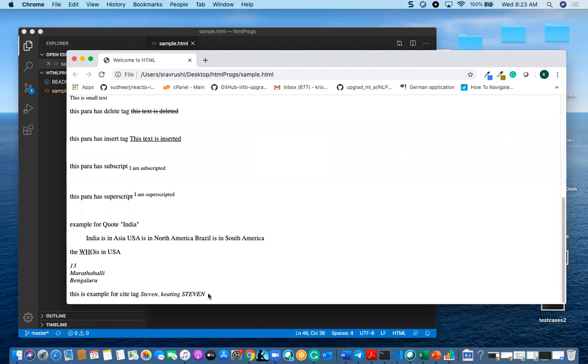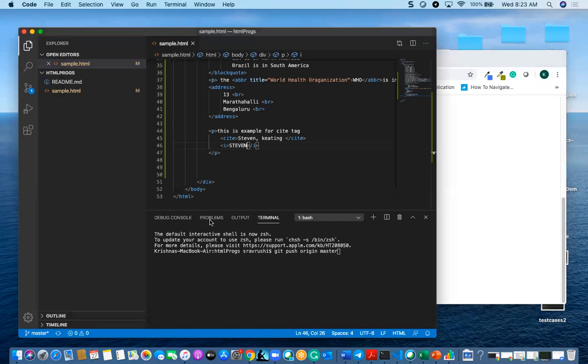It will be printing in this kind of format. As you can see, there is some difference between them. And one more thing we have, like bidirectional.